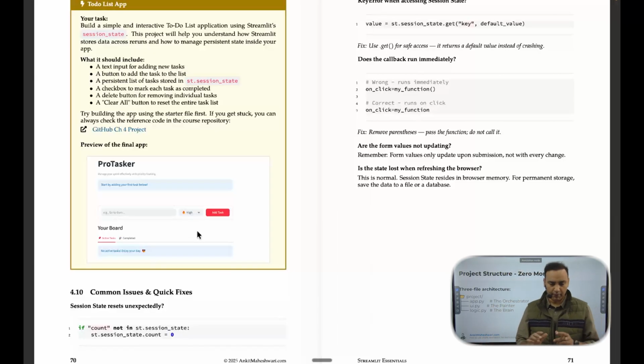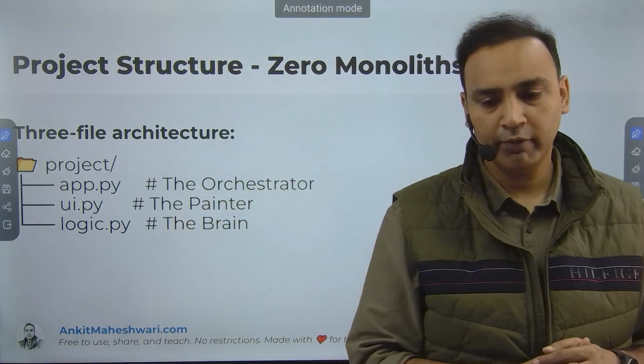The Pro Tasker app is where you can add your tasks, high priority and low priority tasks. You will have your task dashboard, and you can add or delete your tasks. You can see your active tasks. You can see your completed tasks. That is all okay. But one thing I have seen is whenever you have to do a project,